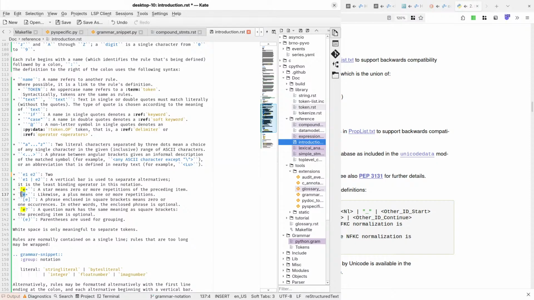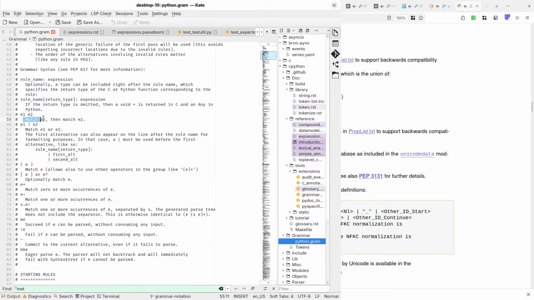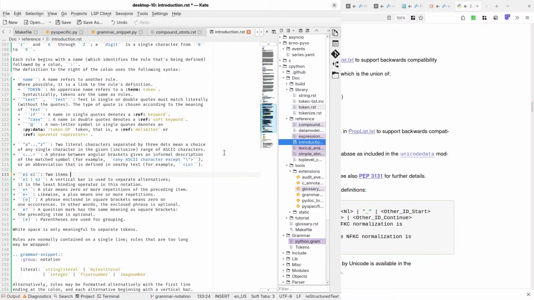What is this? Items. Match E1, then match E2. Okay.